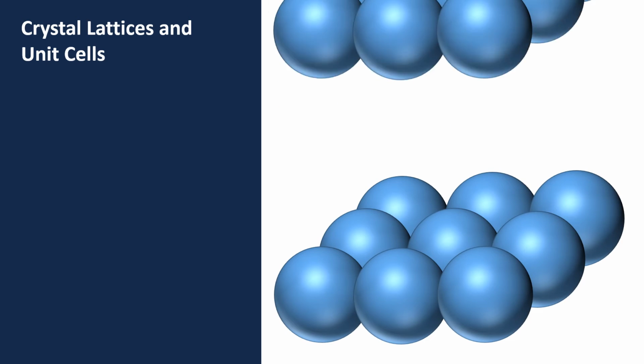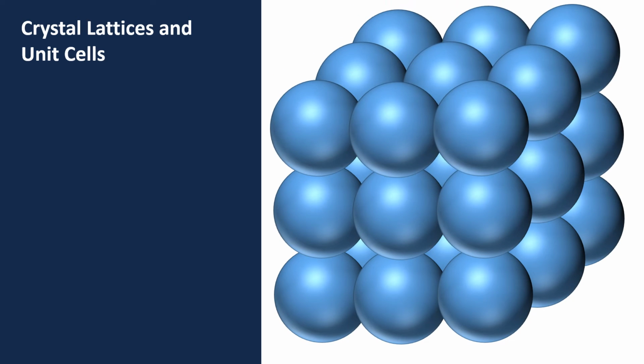The next major portion of this chapter is crystal lattice and unit cells. We already had a small discussion about the regular ordered arrangement of particles in a solid crystal. This is it. Consider this as an example. Here the big blue balls are representing constituent particles of the solid. That can be ions, molecules, or atoms.